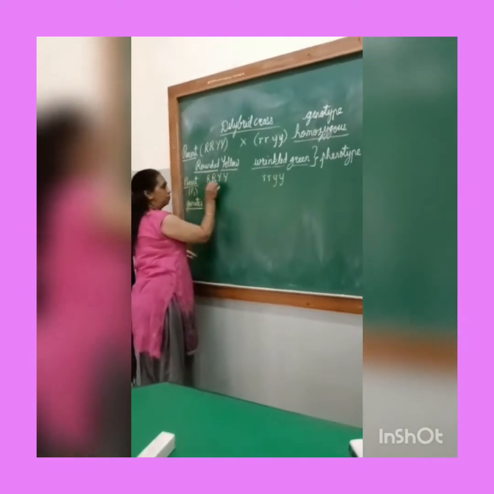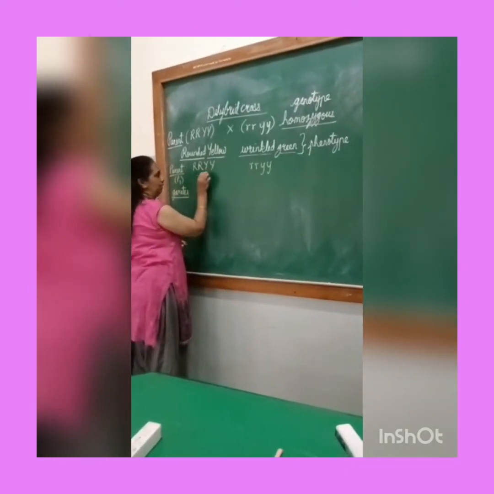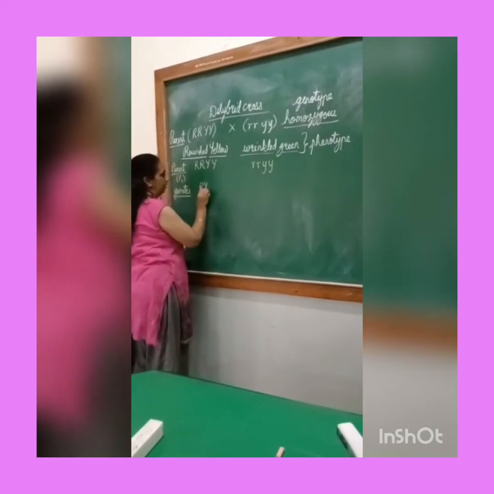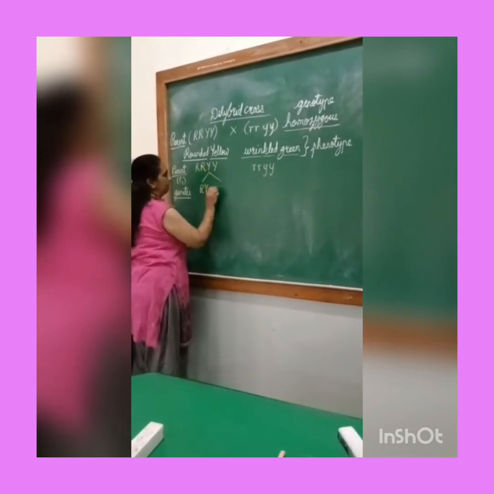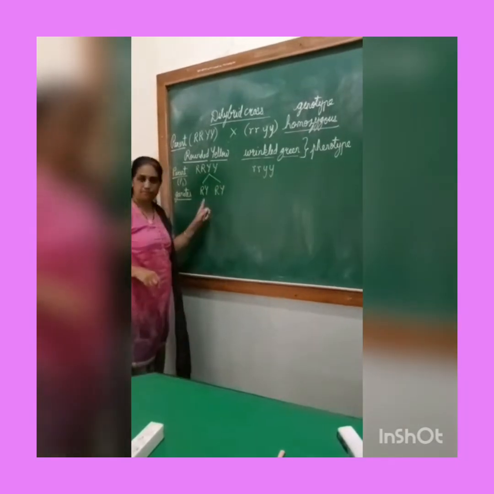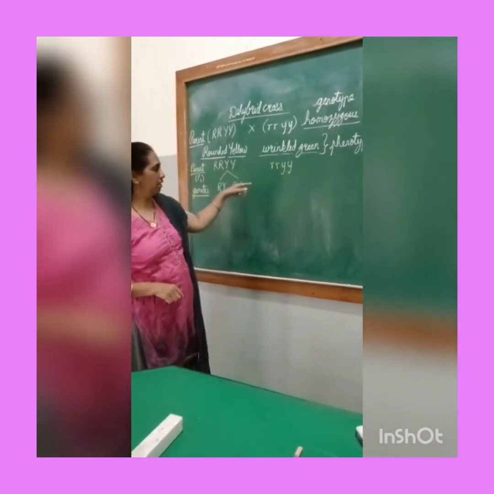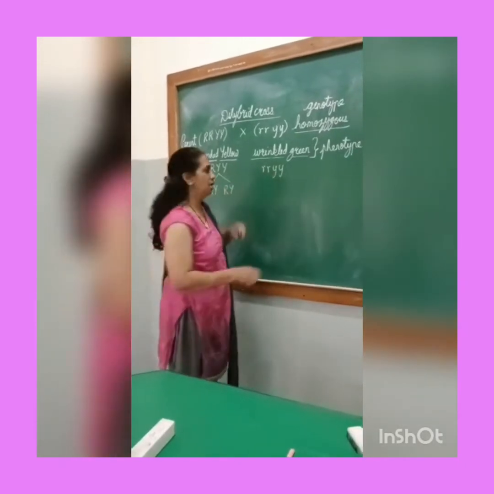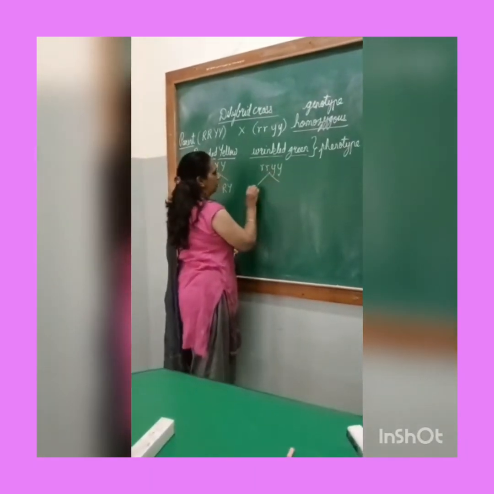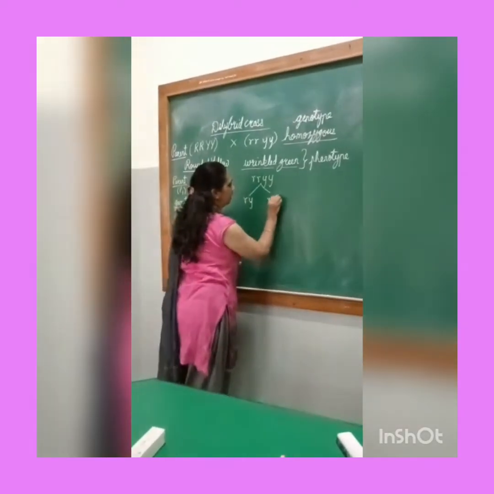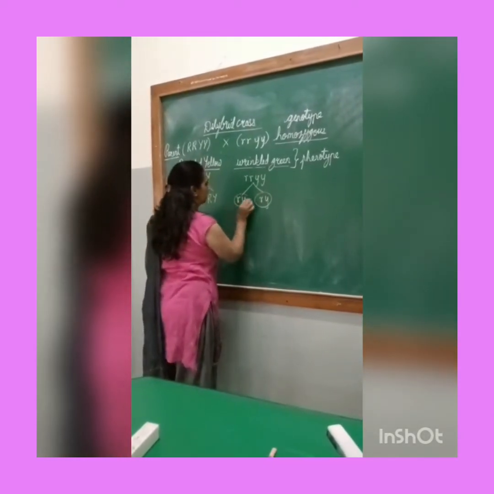The gametes formed by this parent will be capital R, capital Y, and capital R, capital Y. These are the pollen grains formed over here. And suppose these are the ovules. How will the gametes be? Both the gametes will have one small r, one small y, one small r and one small y. So these are the gametes.